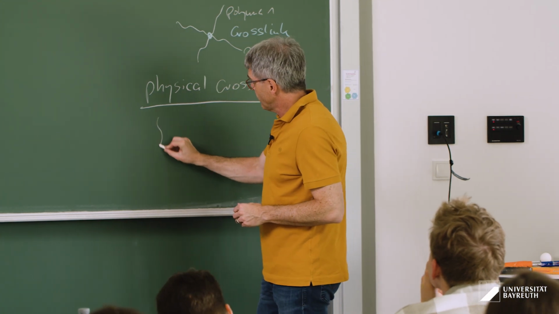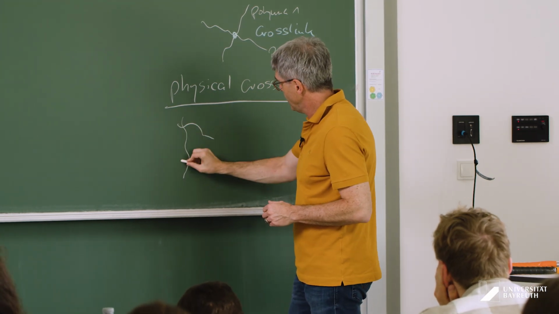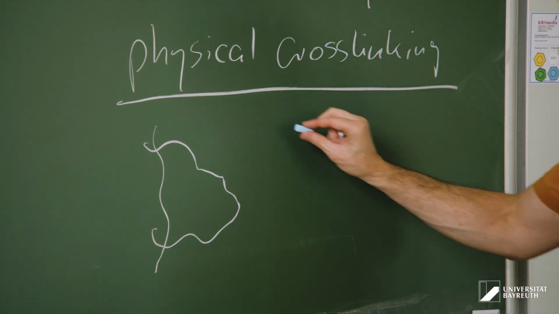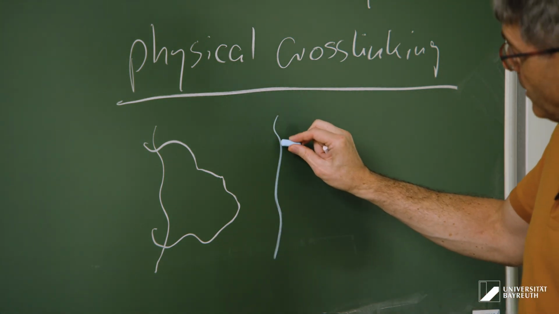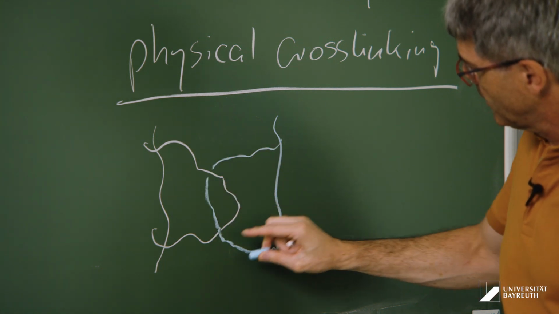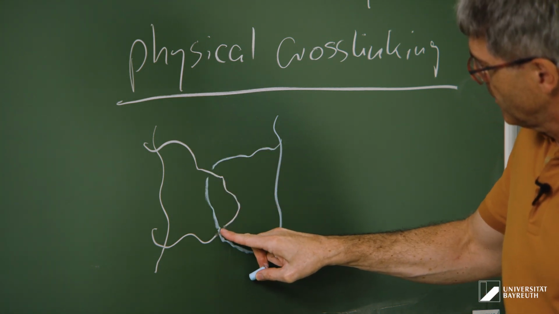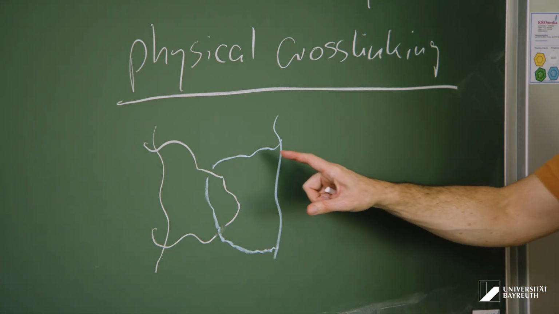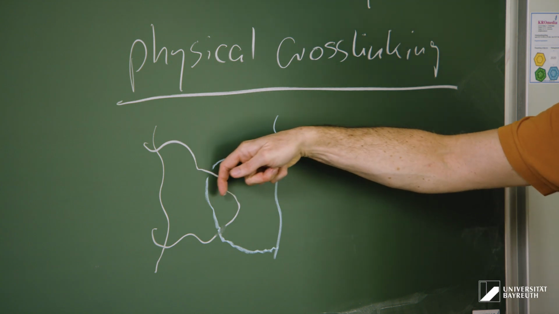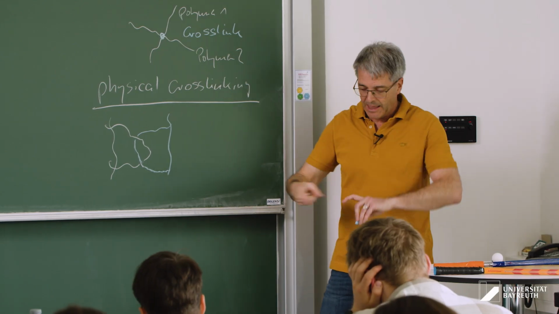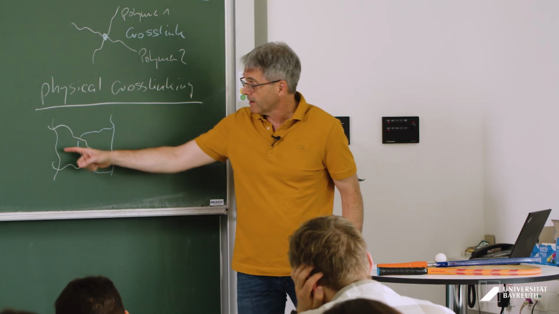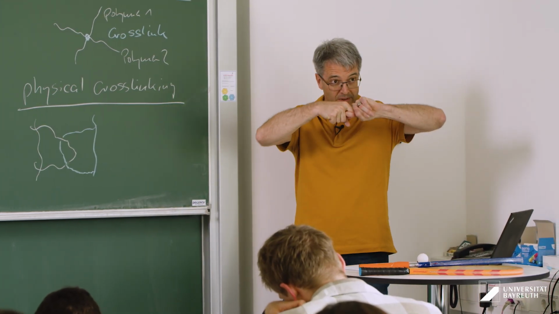And for instance, if we have something like this, and now we consider to have, let's say, a second polymer here, then in this case, the blue polymer will go behind and then make a loop and come up front. And now we have this physical entanglement, which means that these blue and the white strands are physically